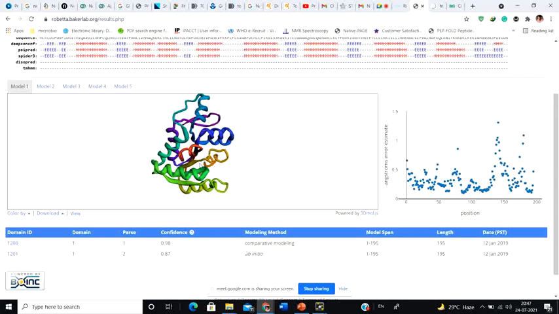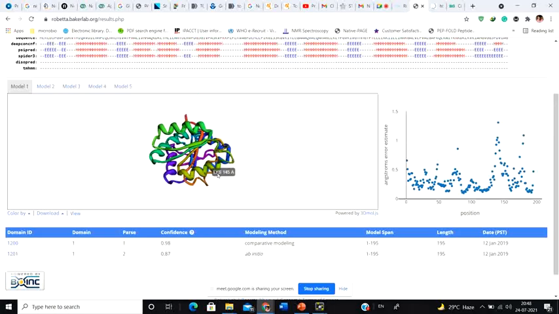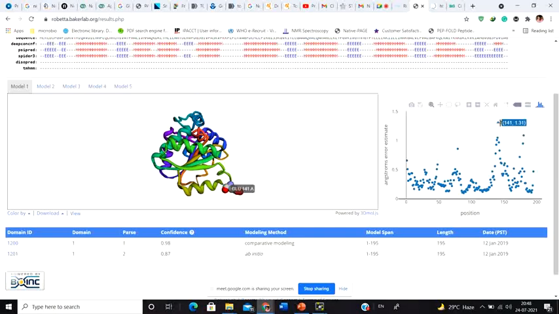They don't have any proper structure. That is why in this particular case, glutamate 141, see, this is glutamate 141 present in this loop. It has an error of 1.31. It is really high. But what about this glutamate 149?